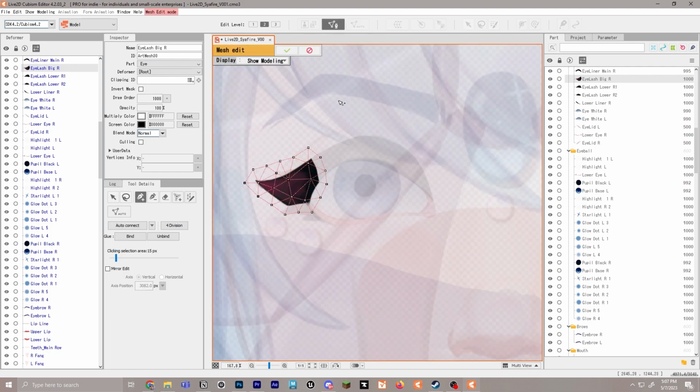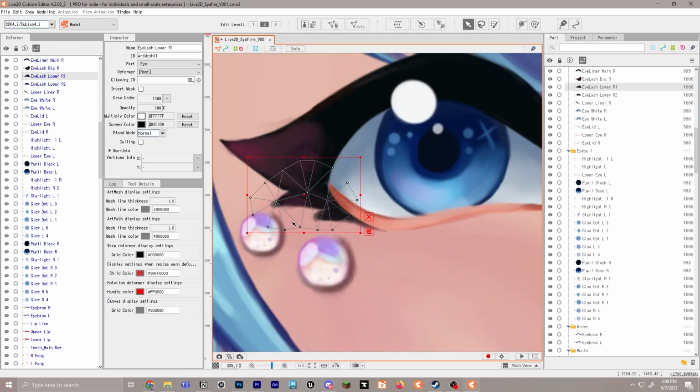So we'll click the bigger one and we'll go ahead and edit. We'll erase. We'll do a straight line through. Now we'll try to follow the curve of the lash. We'll do some triangles. Make sure, remember, the triangles go above where the artwork is. It's very important. We can connect everything. Perfect. And we'll do the same with the lower two lashes.